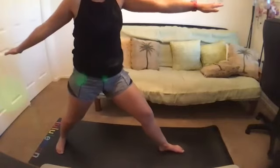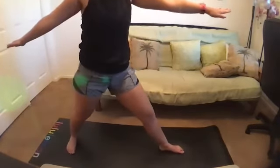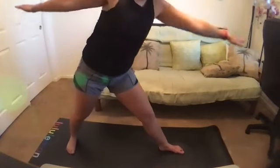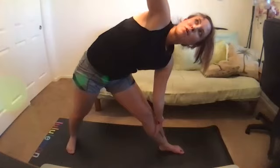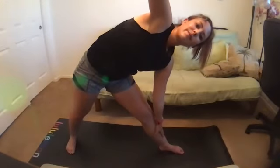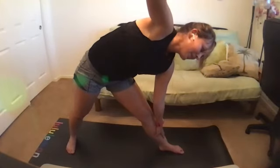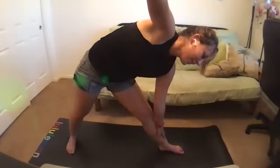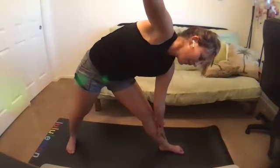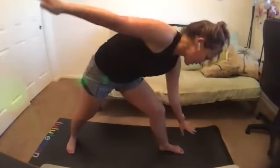Straighten your front leg, your left leg, bringing your right foot in, about a foot. On an inhale, shift forward slightly. On an exhale, tip your left hand to your left shin. Reach your right arm up to the sky to open up into triangle pose. And from here, you can bring your hands to heart and center,